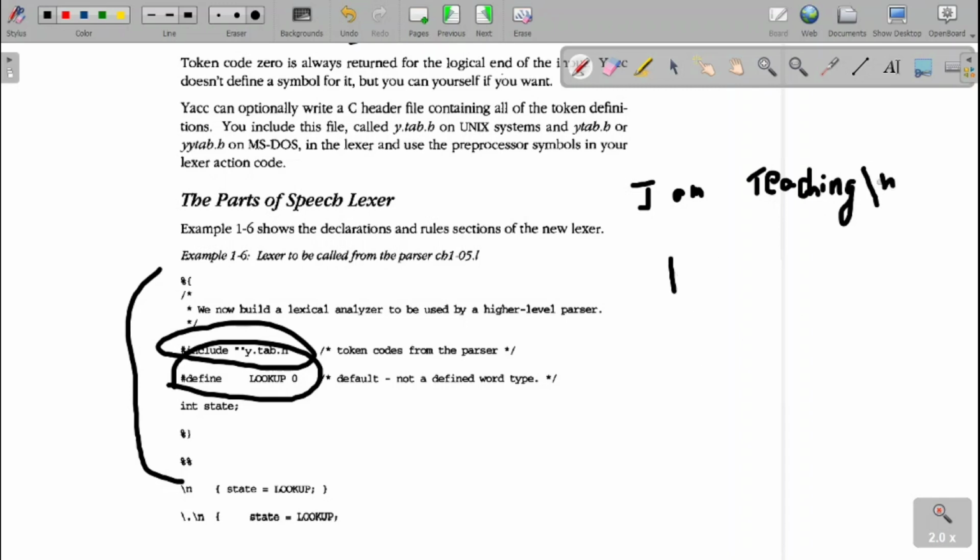So either we give the enter key directly, in which case, this is the first case, I will set the state equal to lookup, or I will give the full stop and the enter key. Even in that case, I should reset. So how to do that? A dot I can't directly recognize. I need to put the backslash, because a dot has a special meaning of matching any character. Then followed by the enter key, which is backslash n. So in these two cases, I am setting the state equal to lookup.